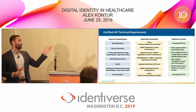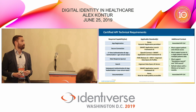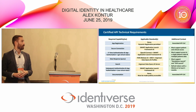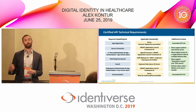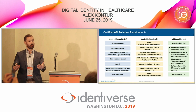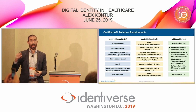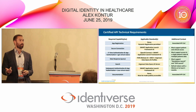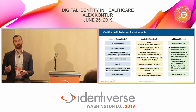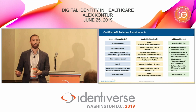And so this SMART Application Launch Framework Implementation Guide basically is providing instructions for the use of OAuth and OpenID Connect for launching applications in the context of either an electronic health record system, so within the system itself, so for the provider side of things, or to have standalone applications connect to electronic health records, make use of those APIs, and enable patients to pull down their health records so they can manage them on their phones or whatever personal device that they